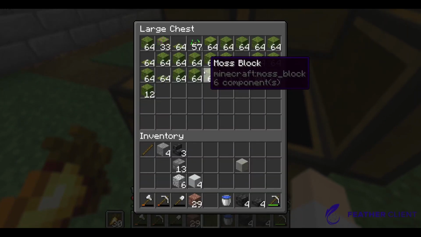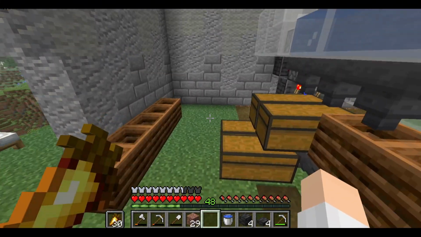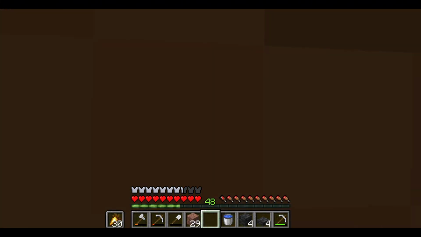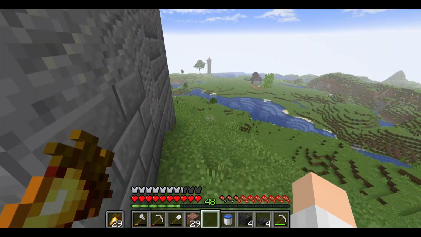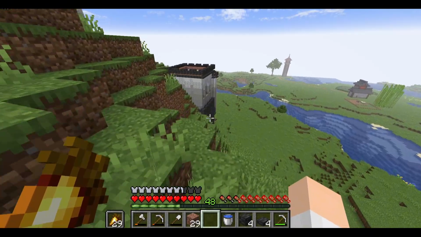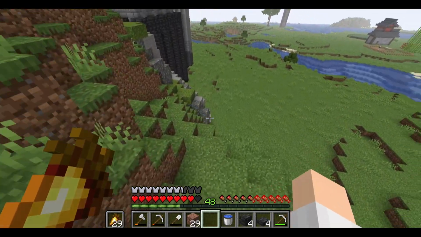What is in this portion of the castle, you've got one part down there and one up here, is a pretty simple moss farm. Now, it's been giving me good moss, like good moss. And you may be asking, why do I need moss? Well, if I were to come down here and show you the rocks that I have built here,